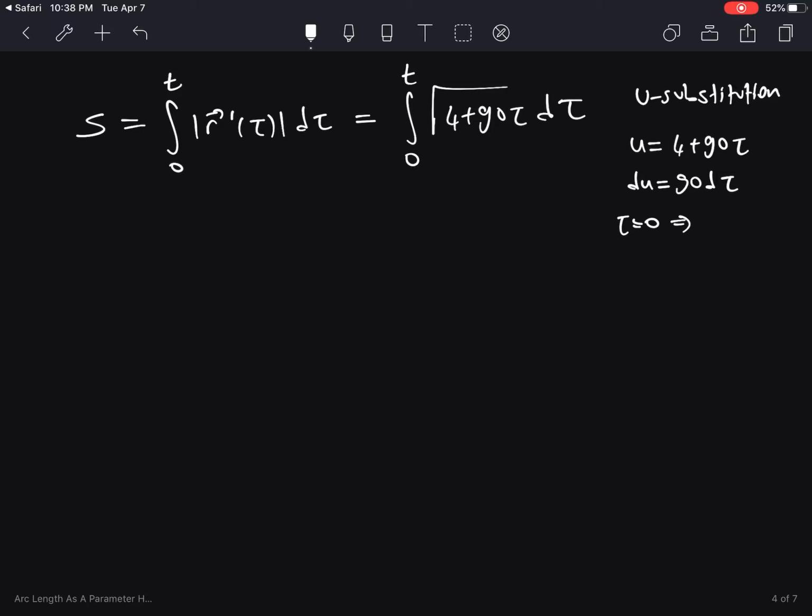Okay, so if this is 0, then we have u equal to 4, and if tau is equal to t,